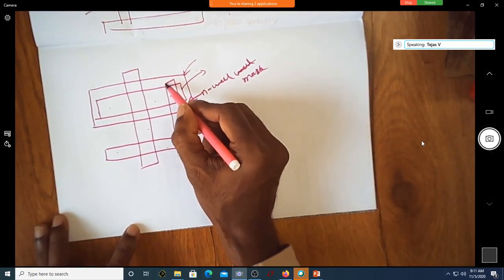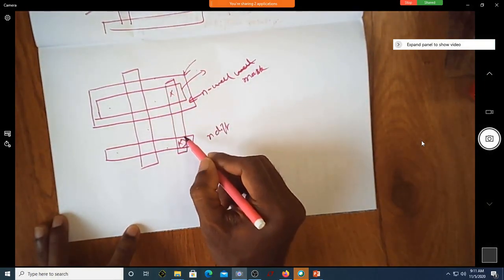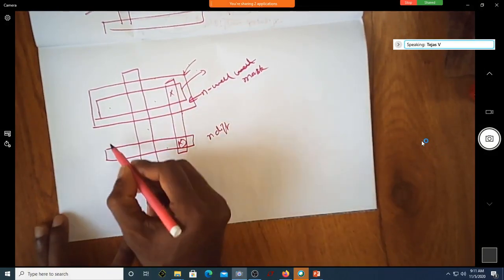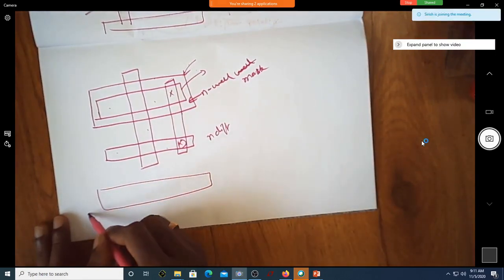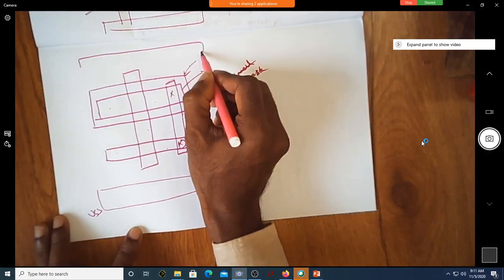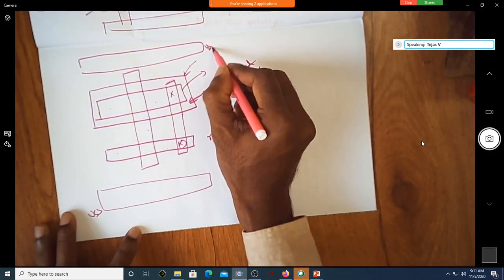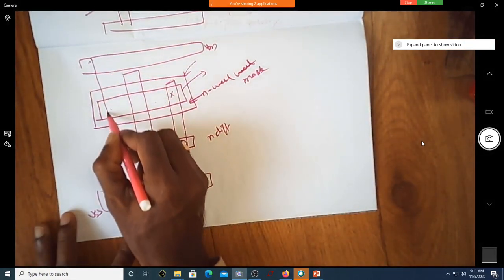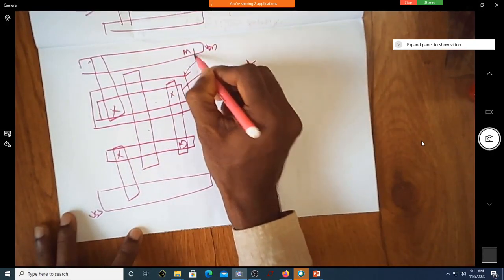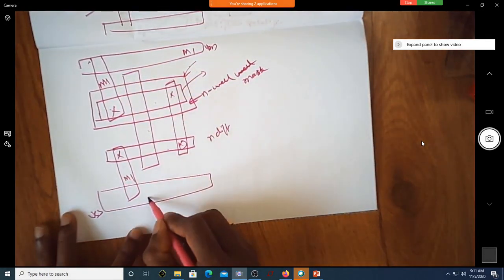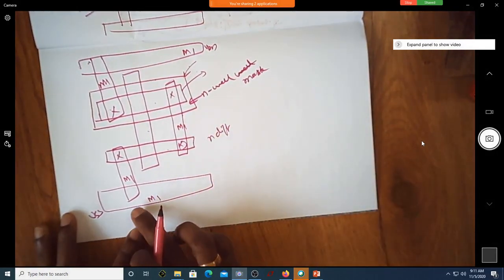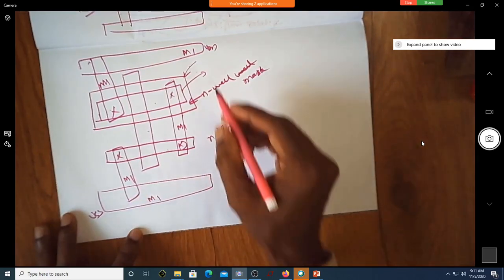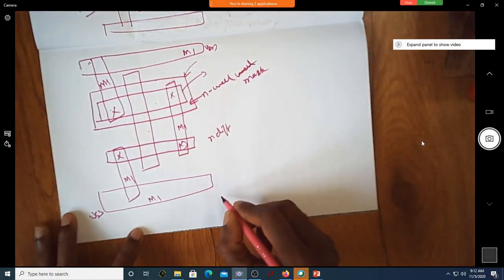And what is this material you are making the connection with? Metal. Is this also metal, VSS or ground? Yes, metal. This is VDD. This is VSS. So I am making a connection from this to this and this to this. You can see all these are metal. It is metal 1, metal 1, metal 1. Since all these define the region where you want to have metal 1, the entire metal layer will be a single mask.